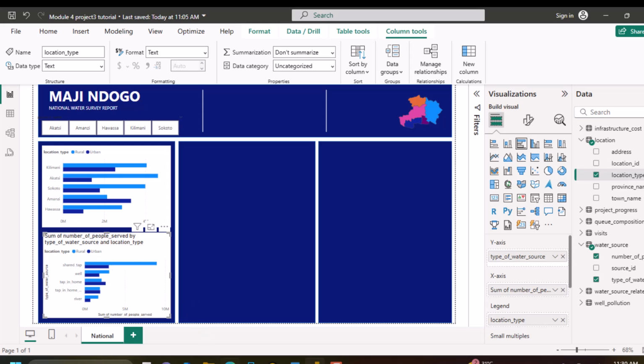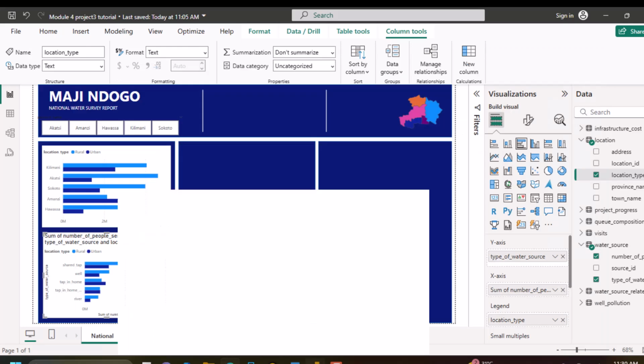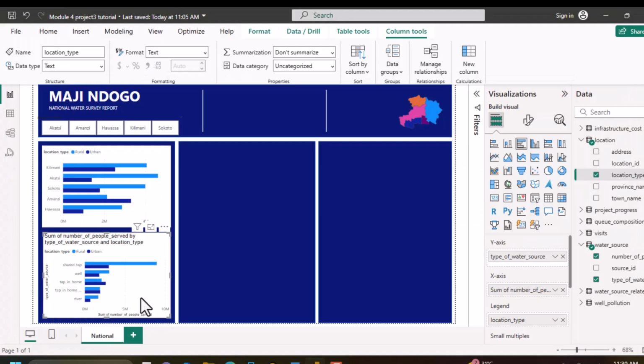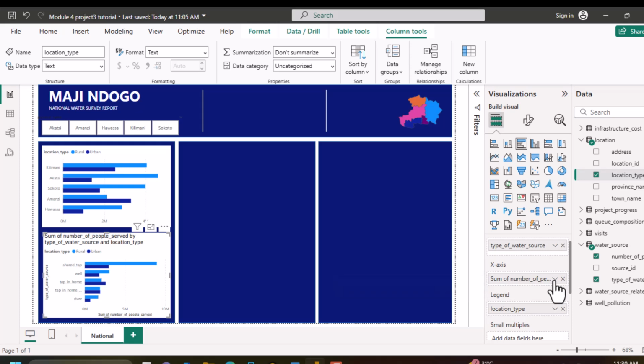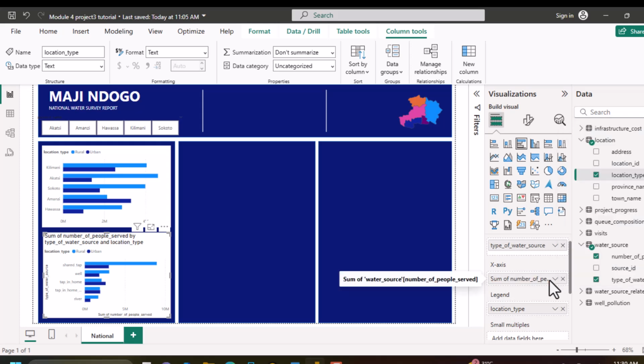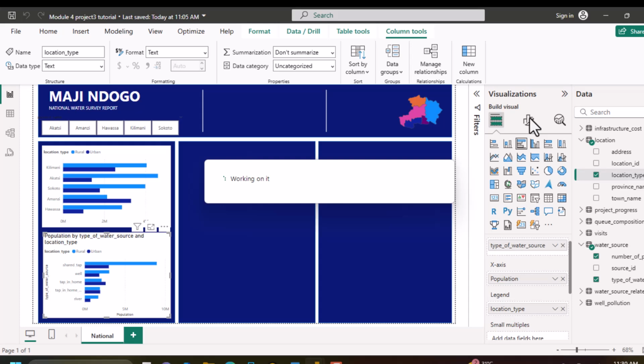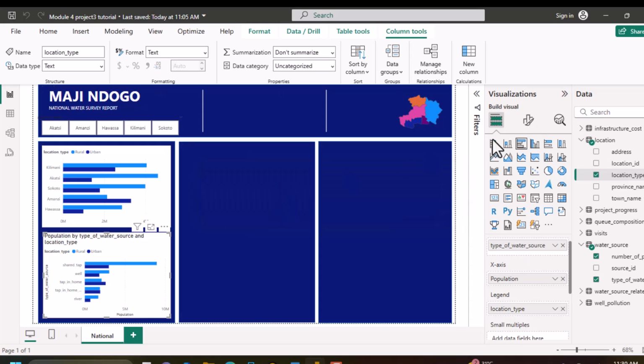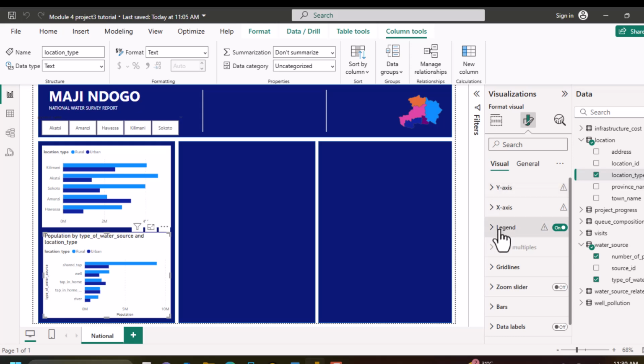And so we need to remove the title and the y-axis title. So the main title and then the y-axis title and the legend. So that this will be written as population. So let's label the x-axis by clicking here, naming it as population, and then we go here, then we remove legend, we remove x-axis title,